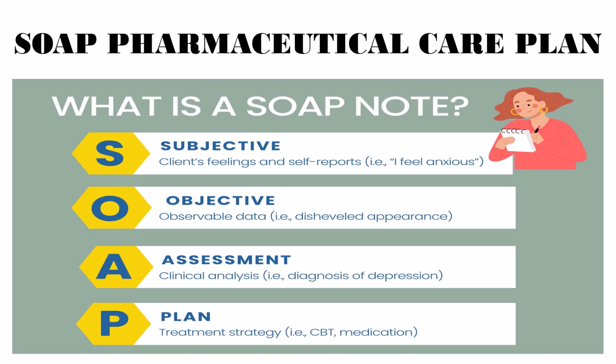The fourth one is the SOAP Pharmaceutical Care Plan, SOAP. The first one is subjective. Subjective means patient. It is all patient-related, which only the patient will tell. A physician cannot get it. The only thing is the pharmacist or physician can ask the patient and the patient has to answer. It's the client's feeling, the patient's feelings and reports. The patient is feeling headache, the patient is feeling nauseous. Everything the patient only has to explain.